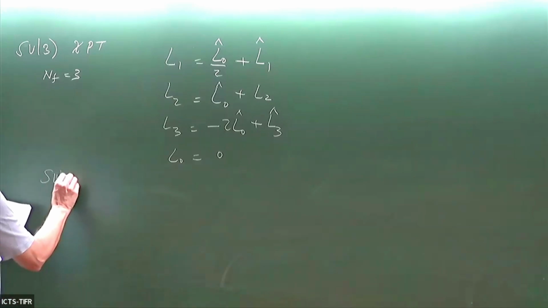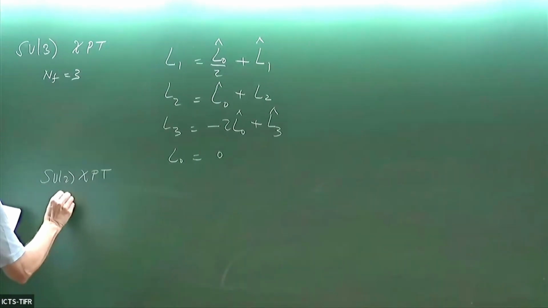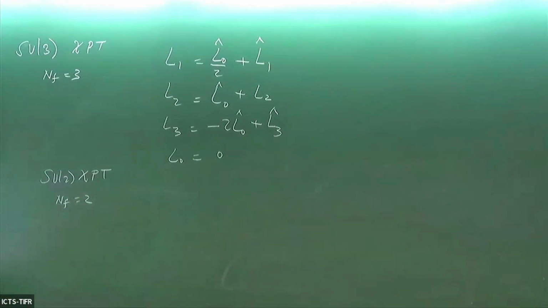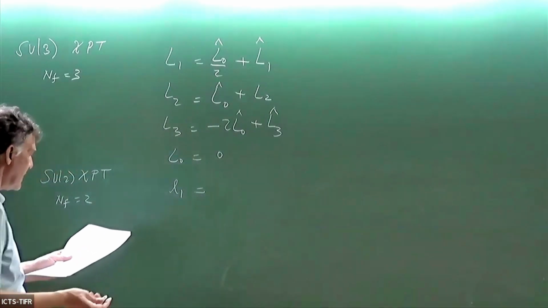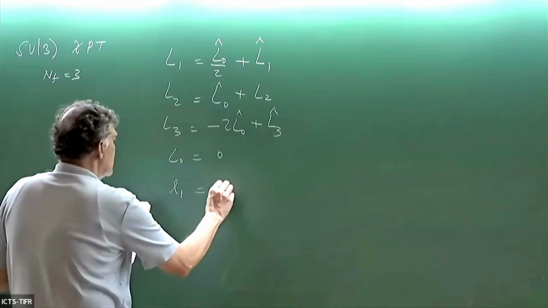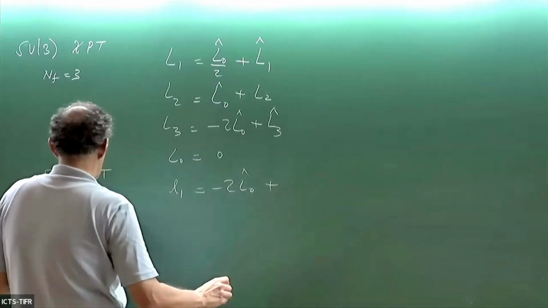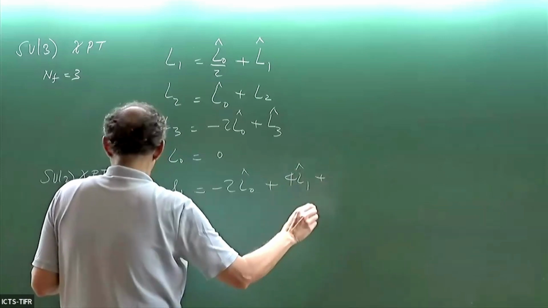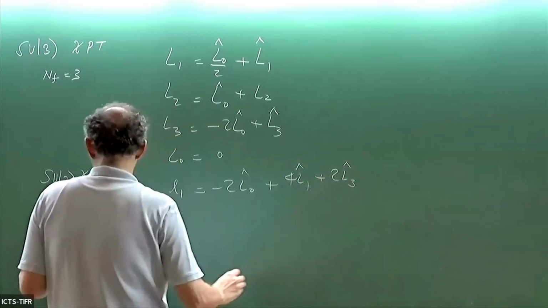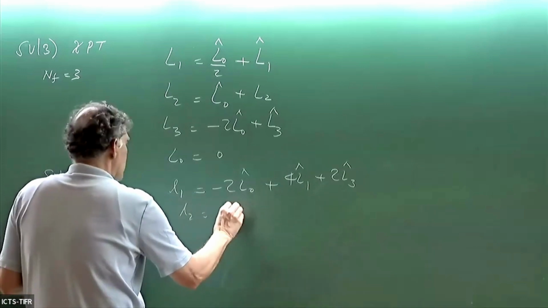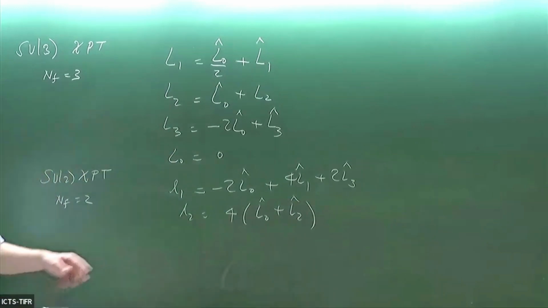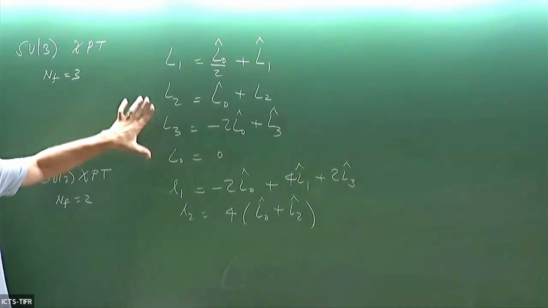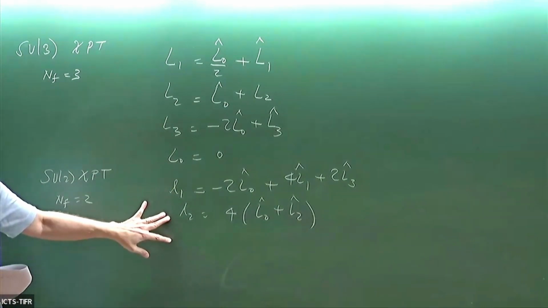Then you can do SU2 chiral perturbation theory, where NF is 2, where you use this n equals 2 identity, and then it turns out there are only 2 coefficients, which are historically the Gasser-Leutwyler coefficients, which are called little l1, and that's minus 2L0 hat plus 4L1 hat plus 2L3 hat, and l2, which is 4L0 hat plus L2 hat. So the standard convention is the hats are for NF, the capital L's are for SU3, the lowercase l's are for SU2, and